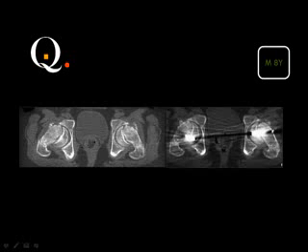A slipped capital femoral epiphysis, unilateral or bilateral. And the slip, the epiphysis is pinned. You see the pin? And this is an accurately positioned pin in the center of the epiphysis, and this is an abnormally positioned pin, which is in the inferior part of the epiphysis. This is the wrong position, and this is